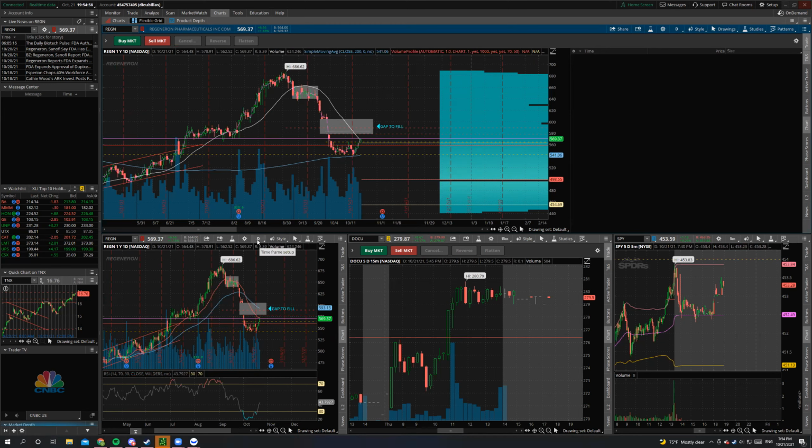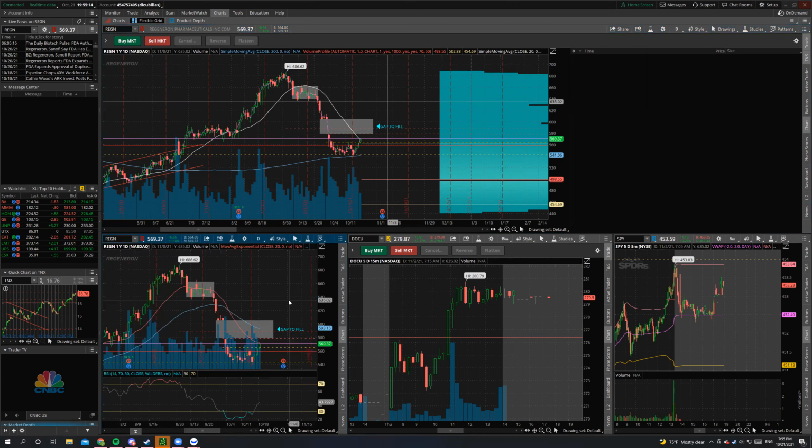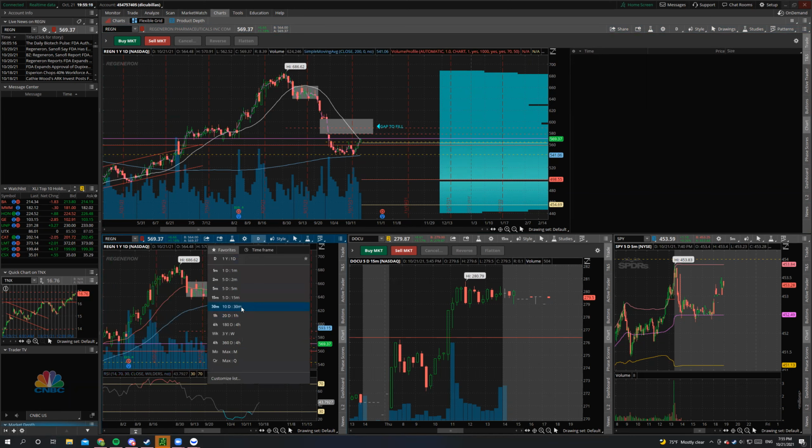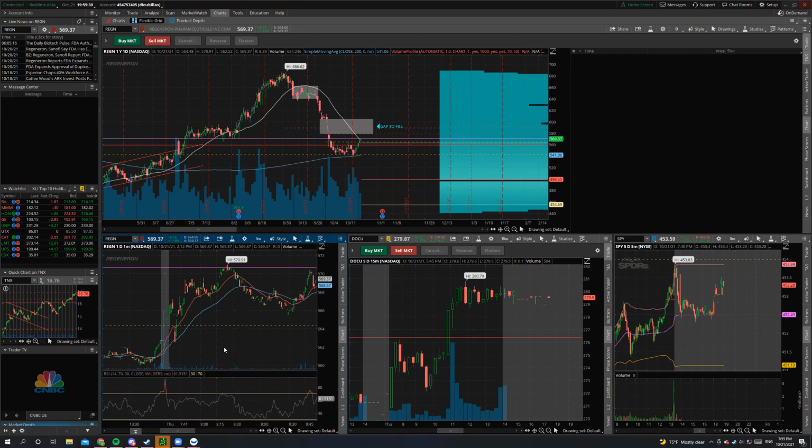Sometimes you have to convince yourself that the trade is good, or you have to convince yourself that the trade is bad. A good measure is to look left, pan out, zoom out, look at different time frames, like the hourly and 10-minute time frames. If you look at the 1 minute, you're going to see this